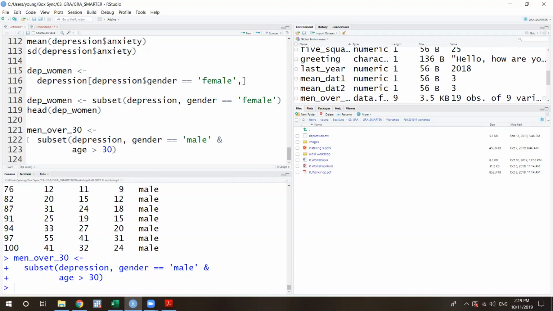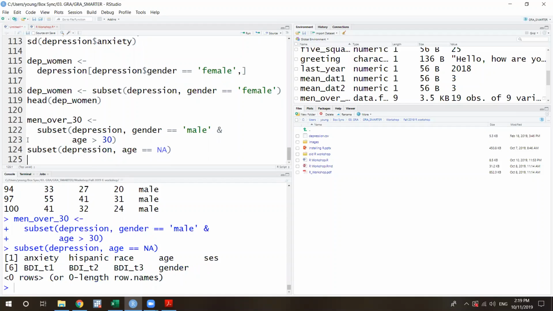I mean, if you want to filter some missing data in your variable, it's not going to work if you write just NA here. For example, if you want to subset from the differentiation data, what you want to do is just find out the missing data in age. You see there was some missing data in the age variable. If you do this, it would not give you anything.